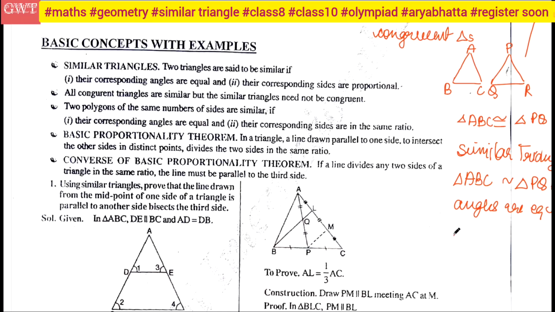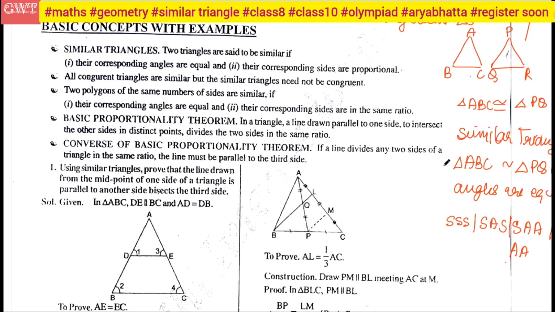So we have many conditions, that is SSS, side side side, or SAS, side angle side, or SAA, side angle angle, or AAA, angle angle angle, or AA similarity. Some of the times people write angle in place of angle, or some of the books write AA similarity, because if two angles are equal, the third will automatically be equal. Okay, you got it. Now there are several theorems that are used while proving some of the similarity conditions, right?